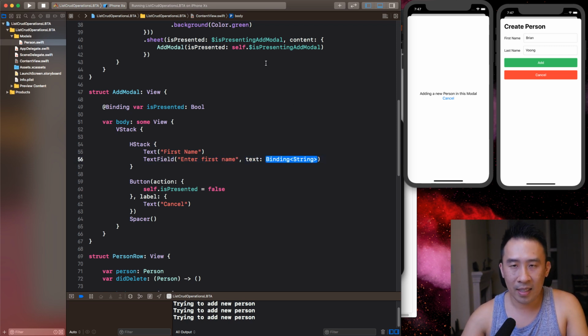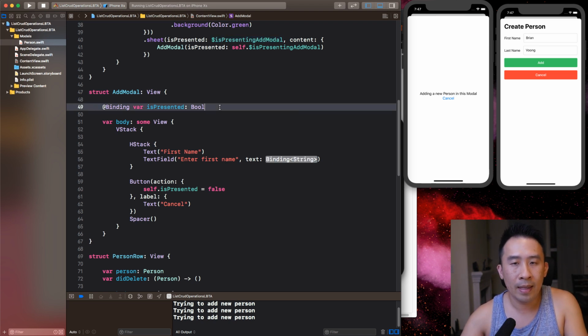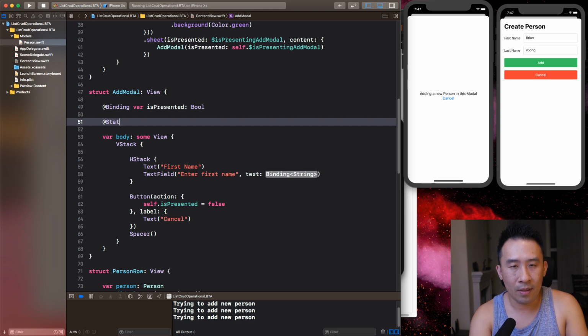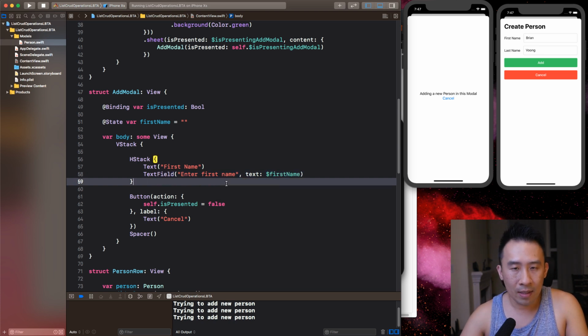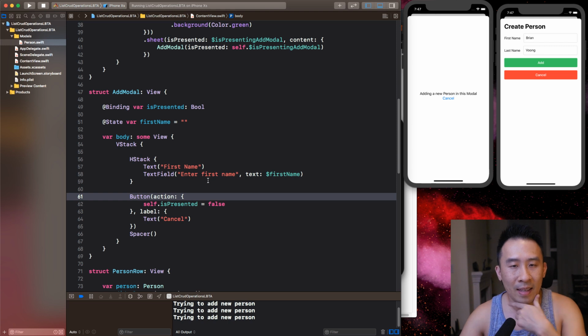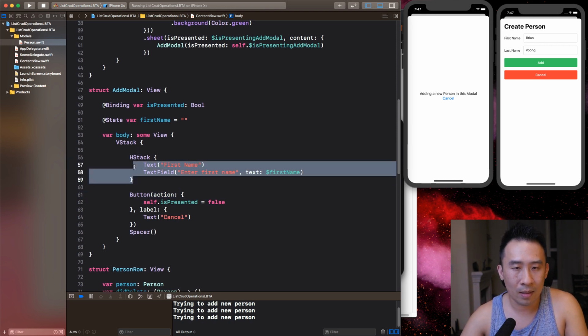And this binding thing is very similar to what we had in the upper section for presenting the modal. The way you fix this is to declare some kind of state variable called firstName for now. Let this guy be an empty string. And I'm going to pass in the $ sign of firstName, just like that. And everything should be a-okay, hopefully. I'm going to build, and this looks good. It says build successful at the bottom of the screen that you cannot see, but everything is looking pretty darn